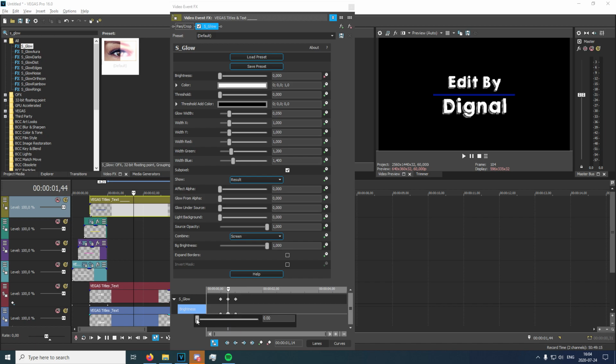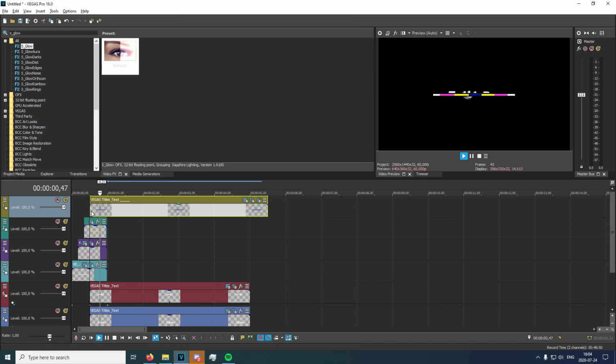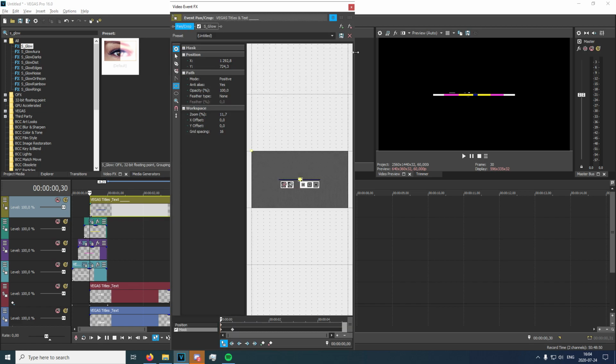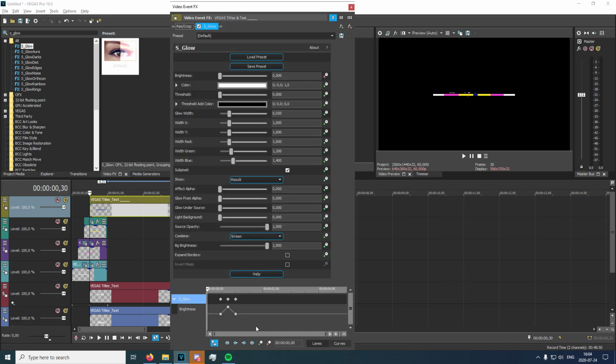And in this middle keyframe right here, you're just going to want to turn up the brightness, maybe 3 or something. Doesn't matter, really. Now, that might have been too short for you, might have been too long, but it's up to preference pretty much. So we can just drag this out like a bunch,